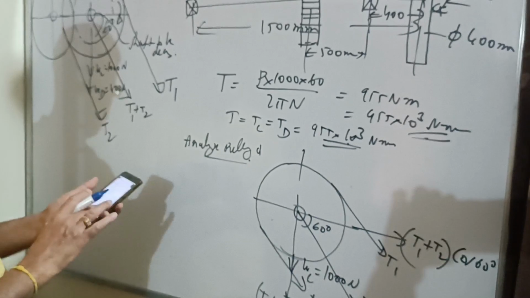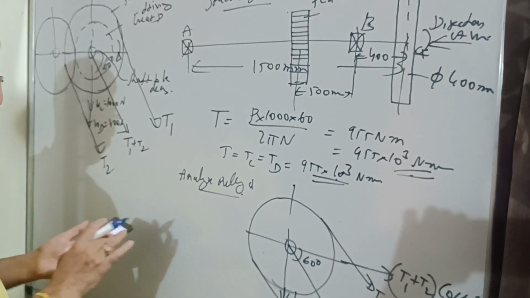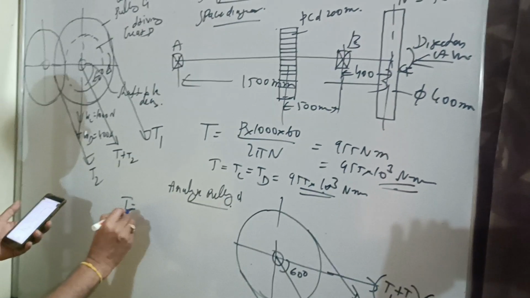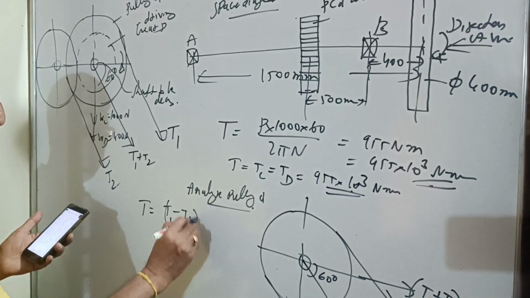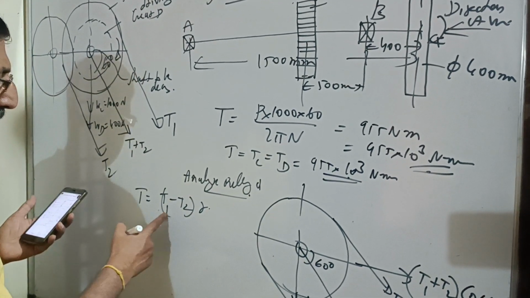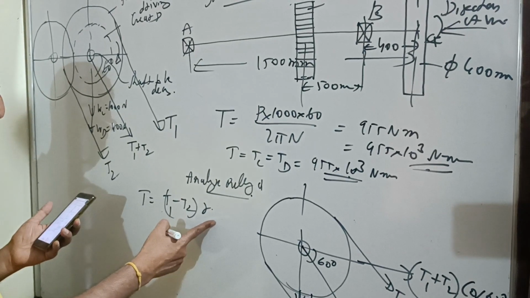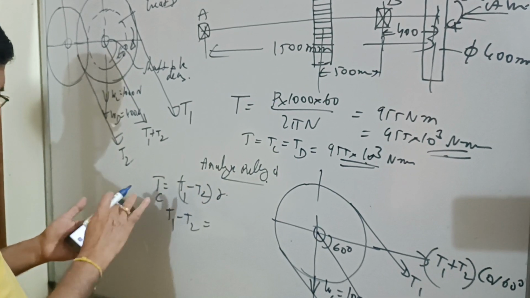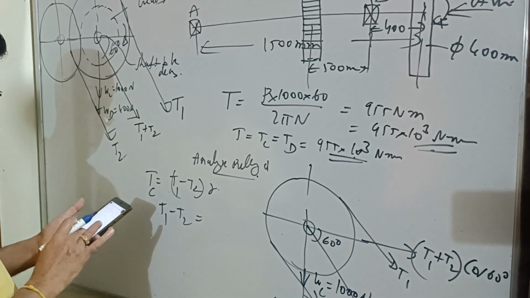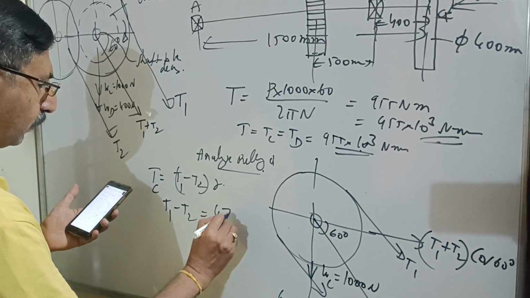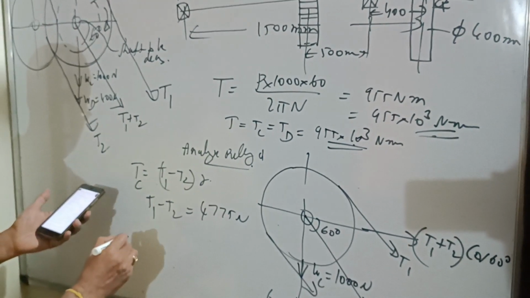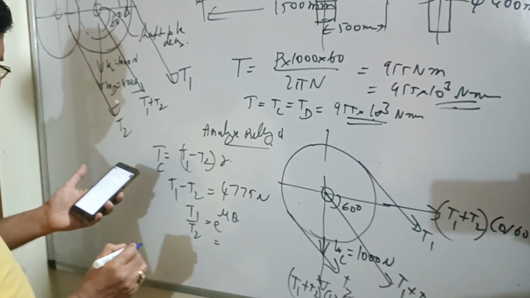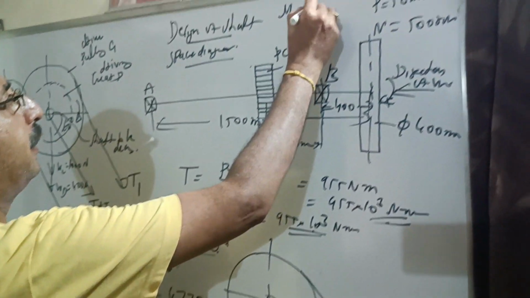Now after simplification, I think before that we have to find out what T1 and T2 are, because we don't know them. But we know the relationship between torque and net tension driving the pulley: T1 minus T2 into R, correct? So T1 minus T2 is the net tension driving the pulley, and multiplied by the radius of the pulley it is nothing but the torque, TC. If I solve for T1 minus T2, I will get 4775 Newton, as I have already found here. And T1 by T2 is equal to e to the power mu theta, that also we will solve here. Mu is given in this particular problem as 0.3 and theta